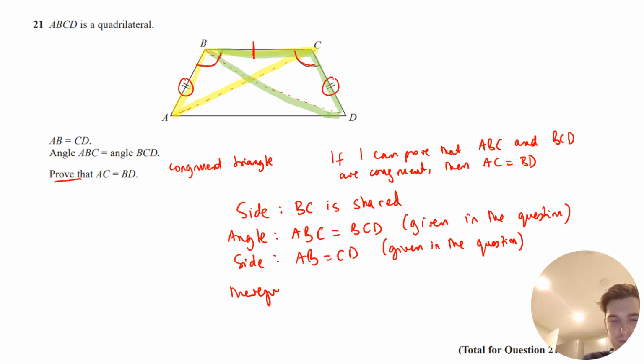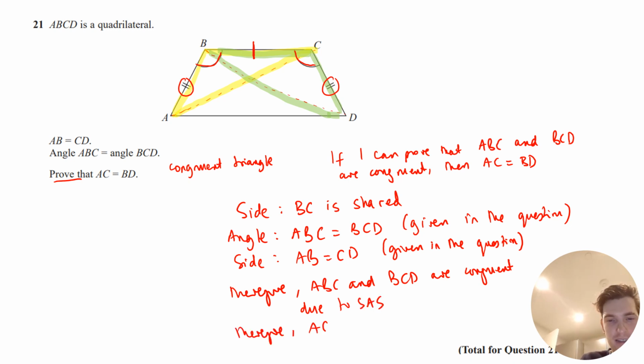Therefore, ABC and BCD are congruent due to side angle side. Therefore, AC equals BD. So actually, it was quite an easy congruent triangle proof, but I think the difficulty